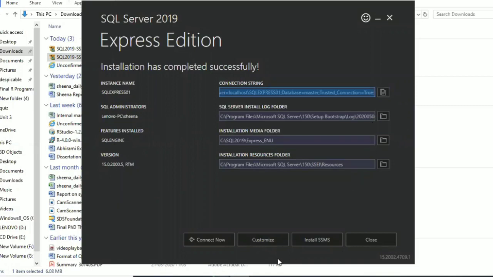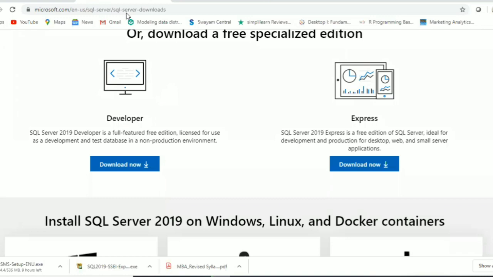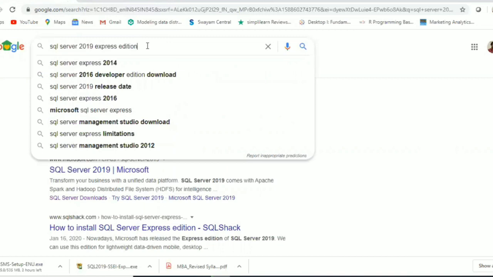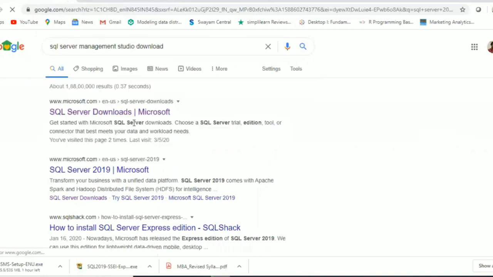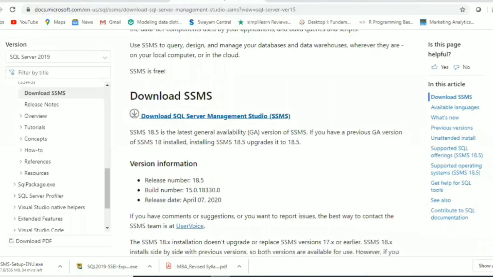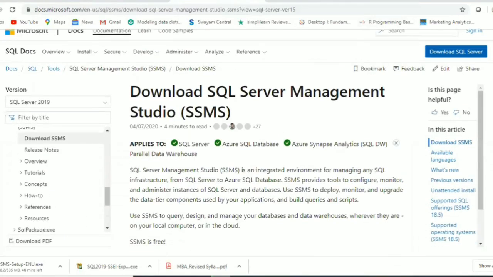After this, the second step is you have to install SQL Server Management Studio. Right here, search SQL Server Management Studio in your Google Chrome, and you can see the link to download SQL Server Management Studio. It will take you to a page from where you can download it.